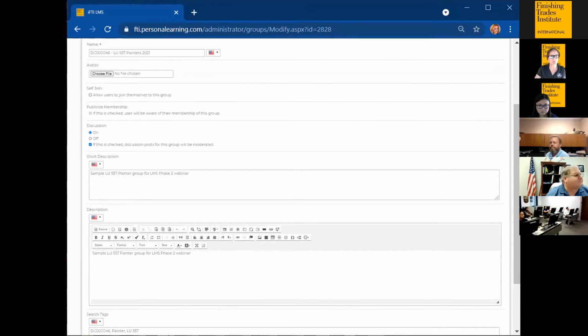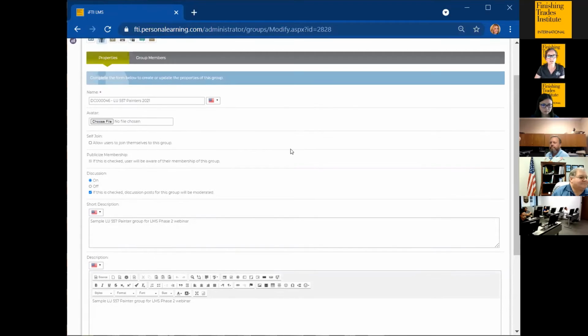Self-join. From the old LMS, we took the groups and added them into this and learning paths here, so we didn't allow self-enroll. I doubt that we will still, but I wanted to show you that if that's the case, it will affect which catalogs they see, and it would allow the learner to either join a group or not, but that would be up to you. In most cases, everybody prefers to control their own catalog access and assign the users to their courses.